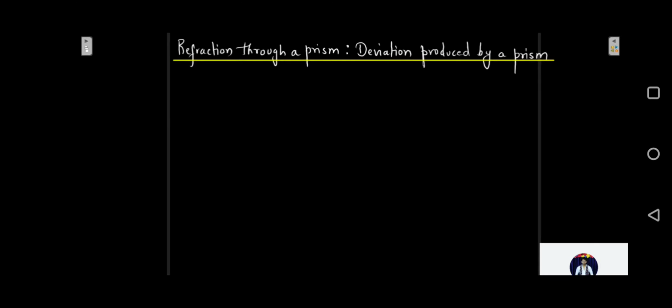Here we are also going to derive an expression for the angle of deviation of the ray of light passing through the prism. When you make a ray of light incident on the prism, by how much deviation would the emergent light come out from that prism, that we are going to see. Here we are going to consider an equilateral prism having an angle of prism A. First let us consider a principal section ABC of a prism.